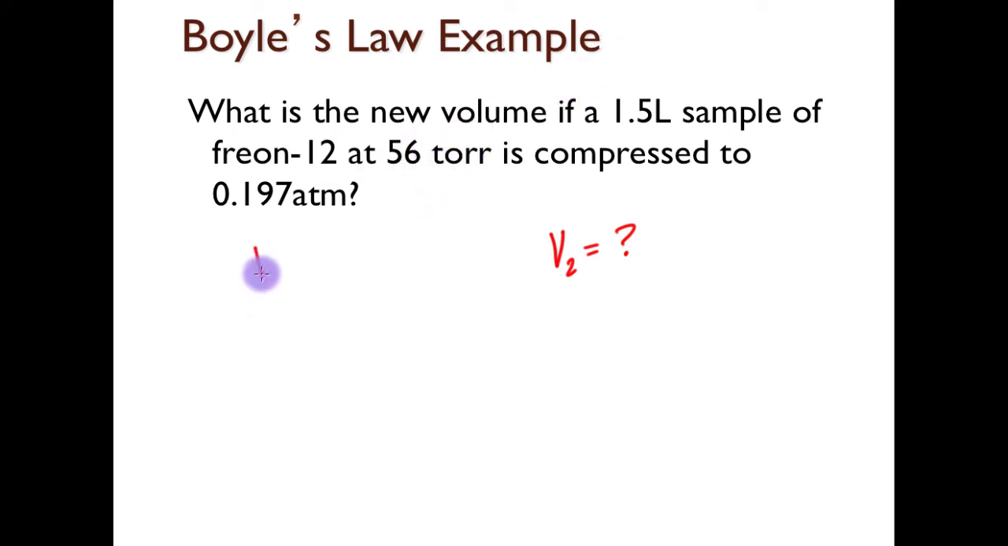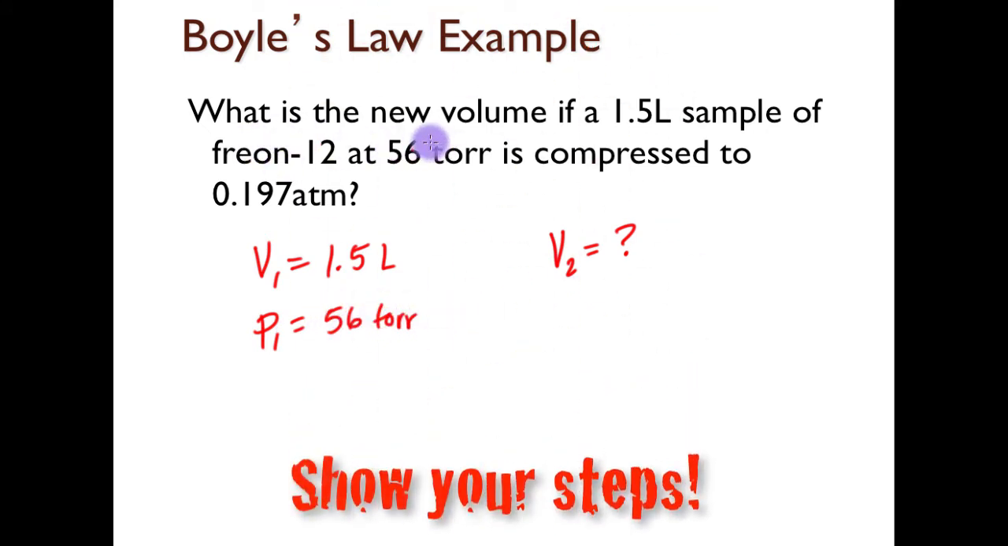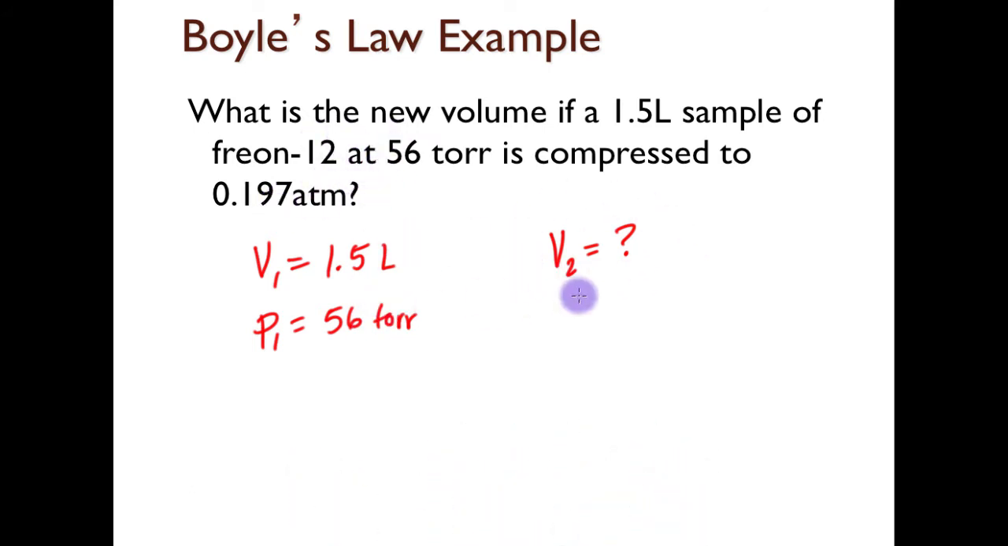My initial volume is equal to 1.5 liters. So I start off with this volume, and my pressure is going to change. My pressure started at, oops, that'd be pressure 1, equal to 56 torr. Notice what I'm doing here: I'm listing the information from the problem. What am I looking for? And I list the information. Pressure 2 is equal to